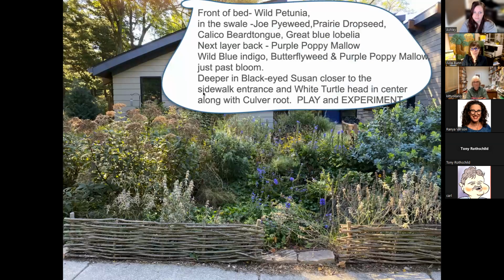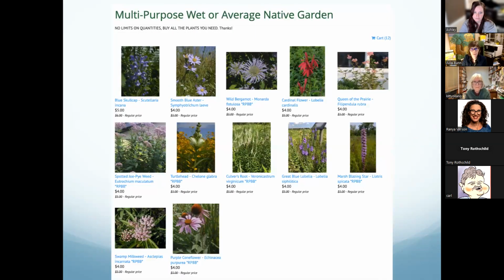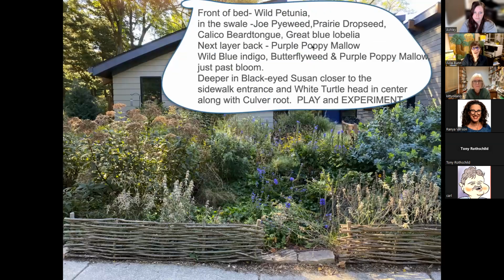All right, so here we have another example of ways that plants from the plant sale go well in your garden. You can see here's the Joe Pye weed, and this is already going into late, now we're hitting into probably early September. And we have the blue lobelia still blooming. We've got a little bit of that rudbeckia, the black-eyed Susan. We have that wonderful blue sort of tinge to the baptisia, the wild blue indigo, which is a really wonderful